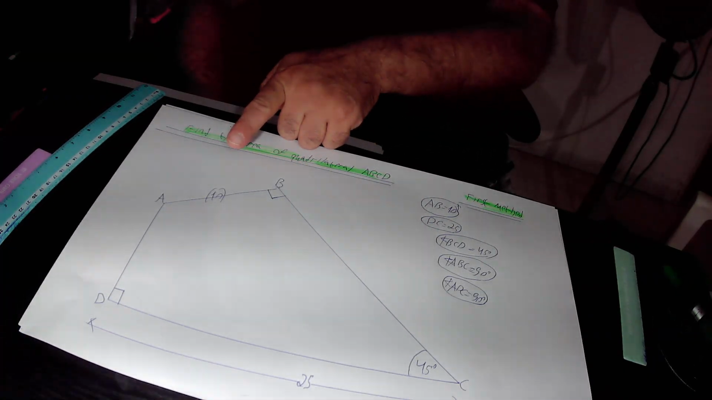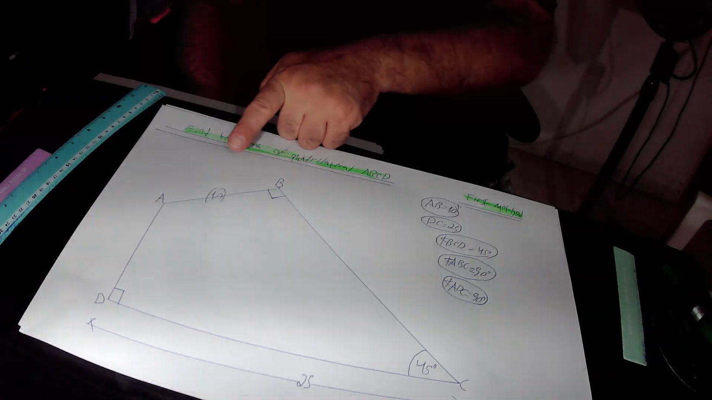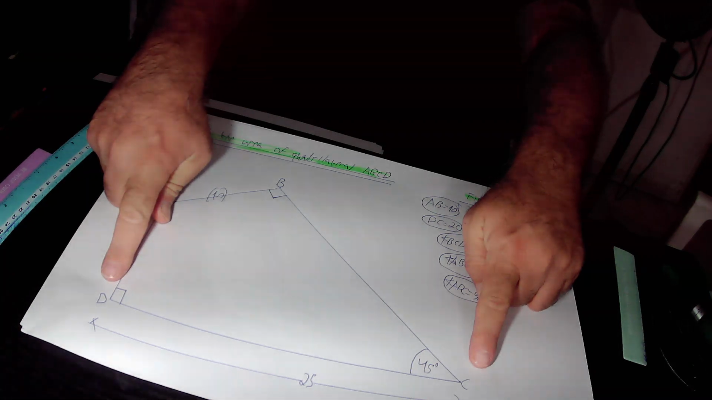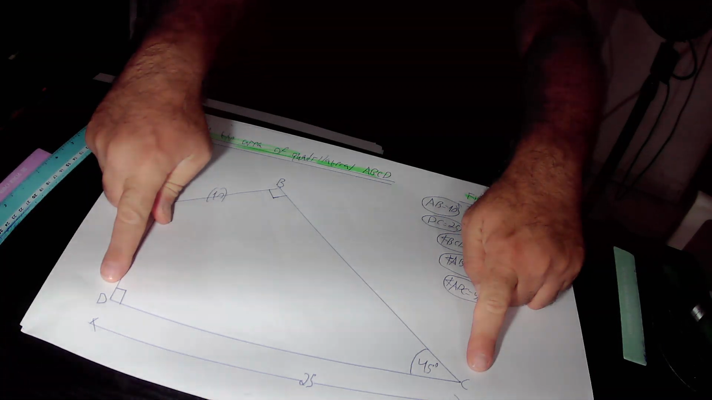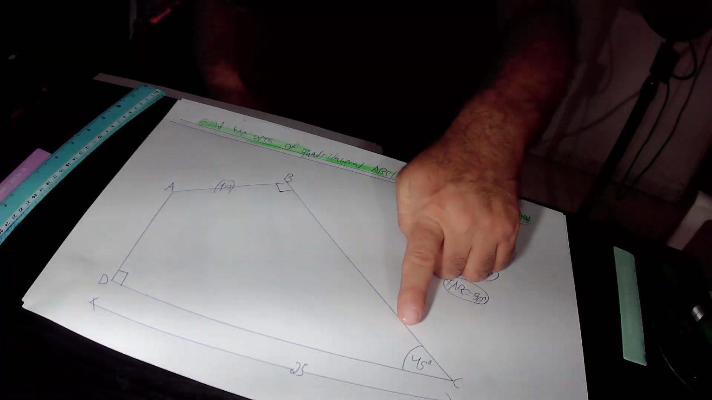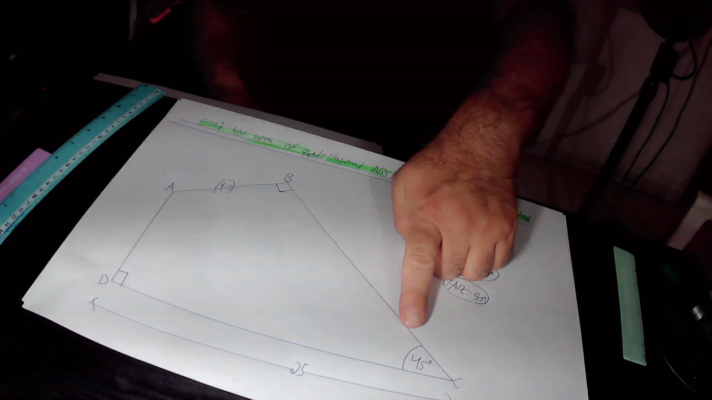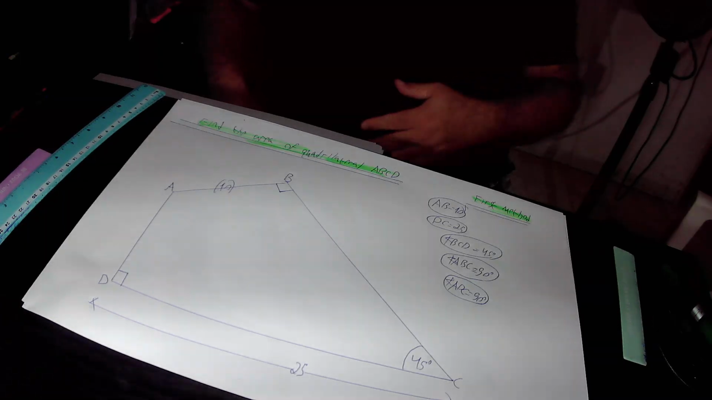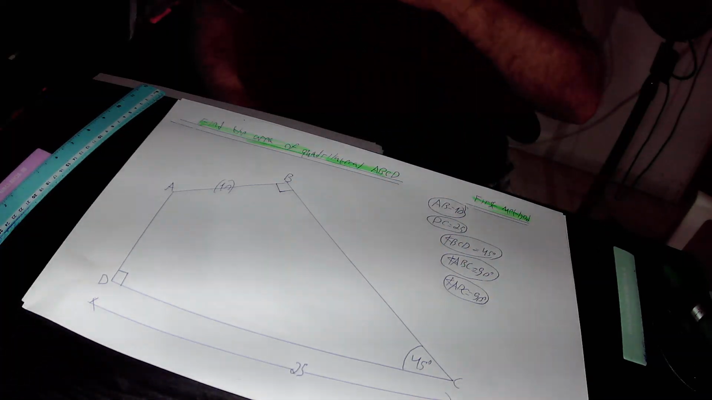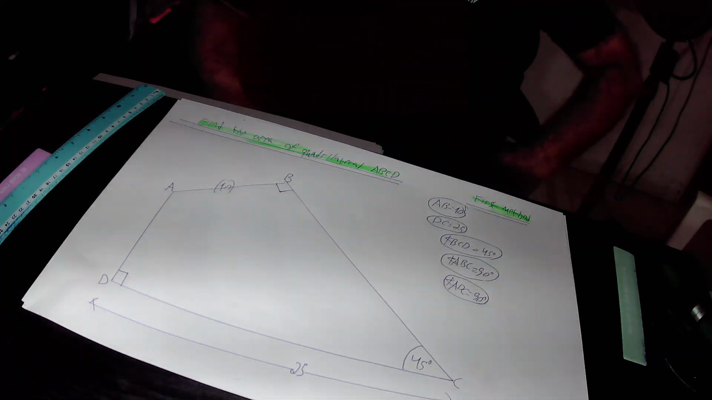This is side AB, which is equal to 10 units in length. This is side DC, which is equal to 25 units in length. This is angle BCD, which is equal to 45 degrees in size. Again, our task is to find the area of this quadrilateral ABCD. So we start with the first method,